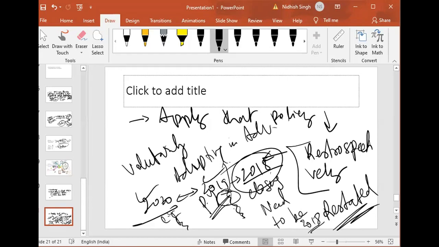That's why 2-3 years are impacted when you decide to change the accounting policy or adopt voluntarily before the accounting